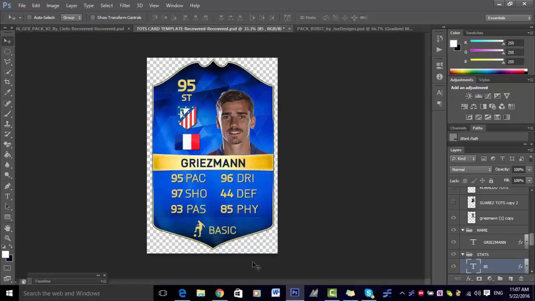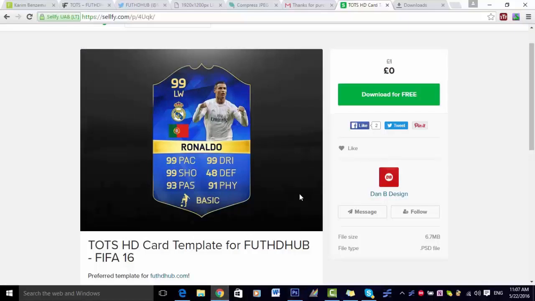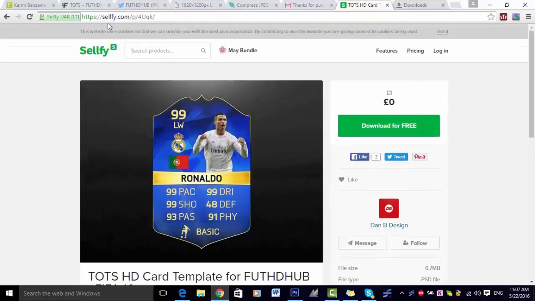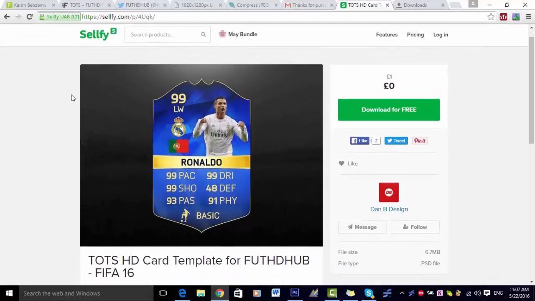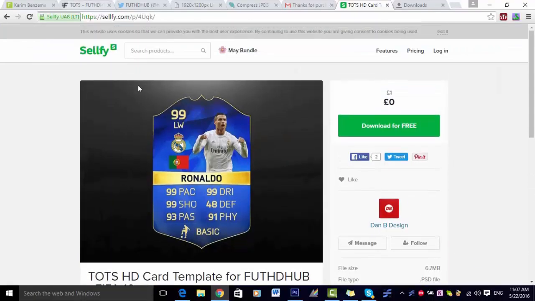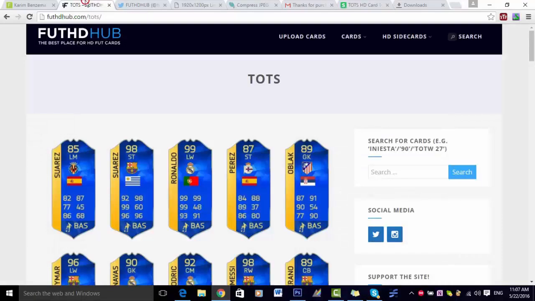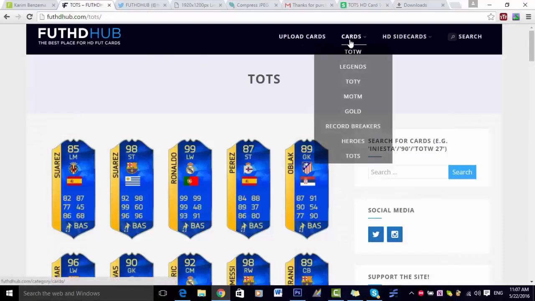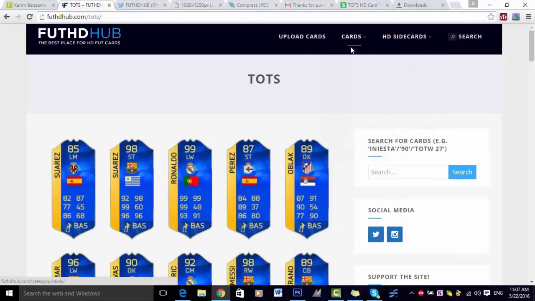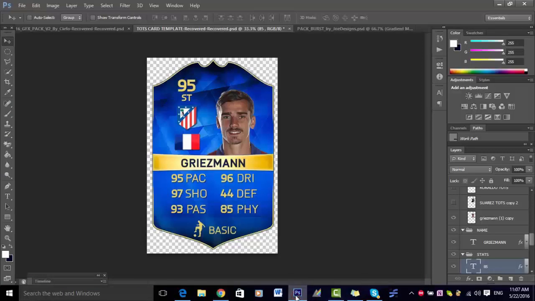But if you want to make your own HD cards, then you can go over to this product here on Selflight. You can see the URL in the top. That is what you have to download, and you can make your own HD cards, you can make some prediction ones, whatever. It is completely down to you. But if you feel like you don't want to do either, then you can go to Foot HD Hub. This is an amazing site. You can get the side cards, you can get the full cards, just knock down and get whatever you want. This is what I'm going to be using in today's video. But yeah, I'm just going to head straight on into the video to see how you make this HD team